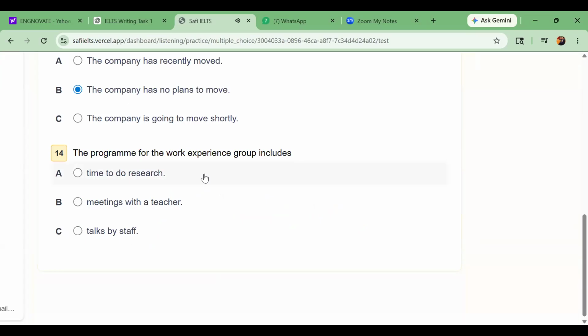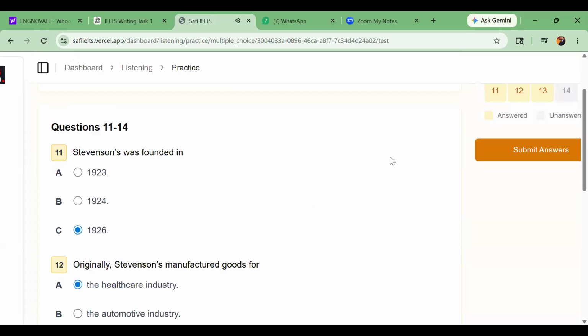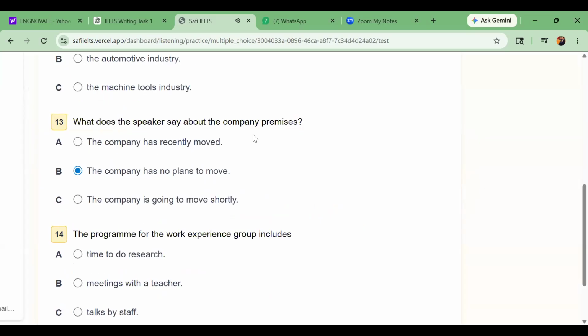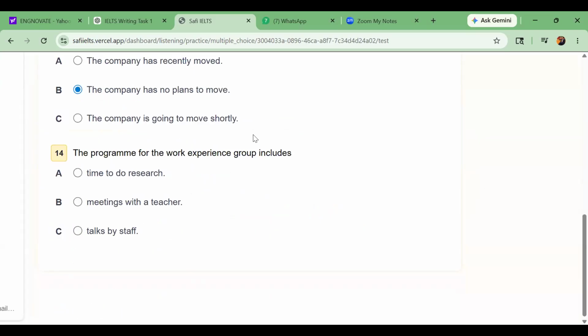Most mornings you'll have a presentation from one of the managers to learn about their department, starting this morning with research and development. अब देखिए, you will have a meeting, Claire, with one of the staff members. And this morning you will have, the topic is about what? Research. She didn't say that it's time to do research. लेकिन यहाँ पे जो मतलब प्रेजेंटेशन होगा, वो प्रेजेंटेशन किस चीज के बारे में होगा? The topic is research. तो यहां से इन लोगों ने सिर्फ रिसर्च का वर्ड इस्तेमाल किया.